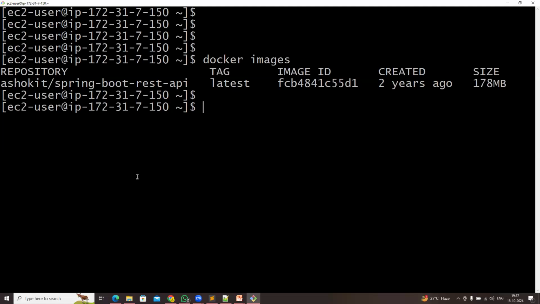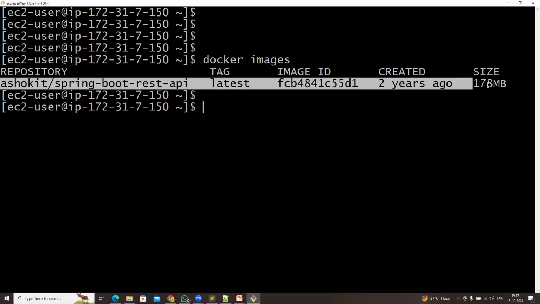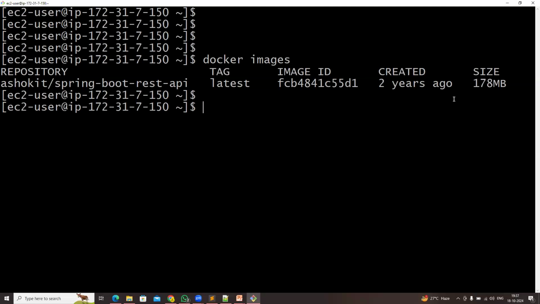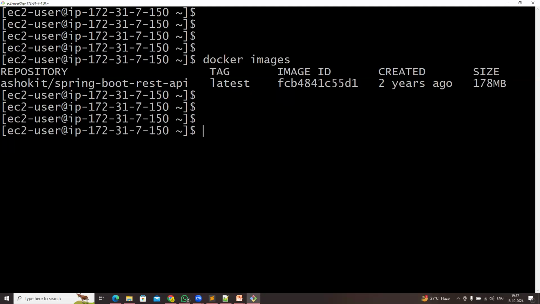With a single command, we can delete all of them to free up the memory. The command is called docker system